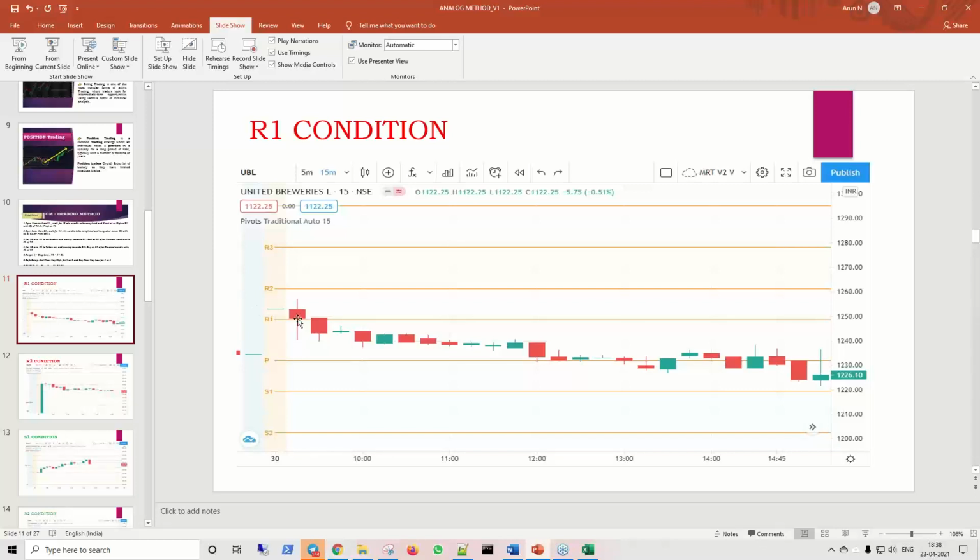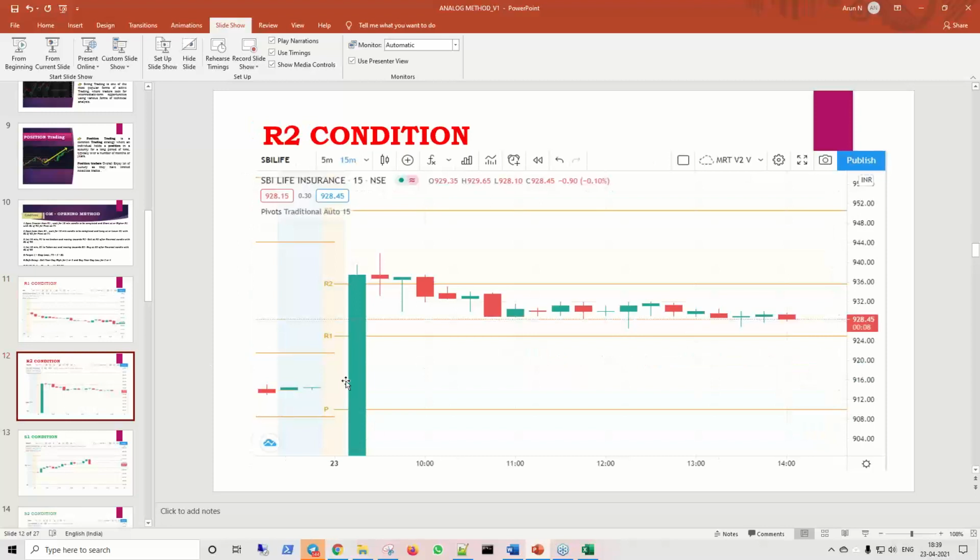See, this is a perfect example: R1, red candle. The next one, we'll be trying to enter short here, and from here this is the target, it just went on. So you can keep on trailing the SL. Whenever you're in decent profit, revise the stop loss to profit and lock the profits. Here, the first 15 minutes closed even above R2. Now we wait for a red candle, a doji or any red candle, and here we would have shorted. This is our SL, and this is the target.